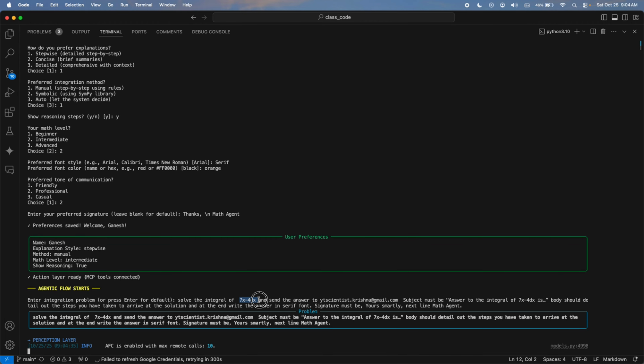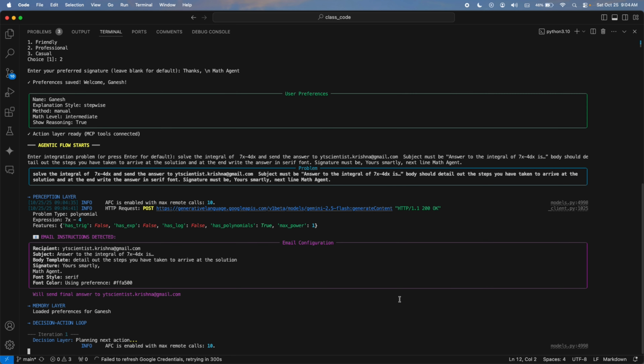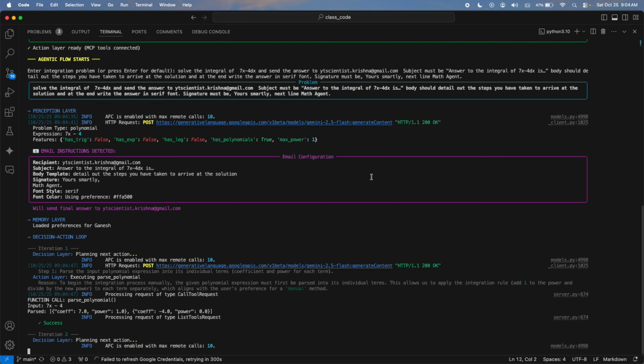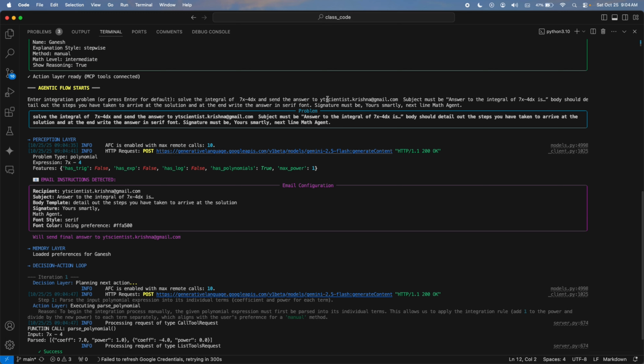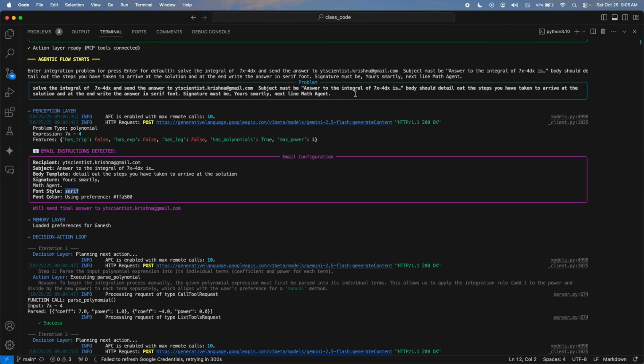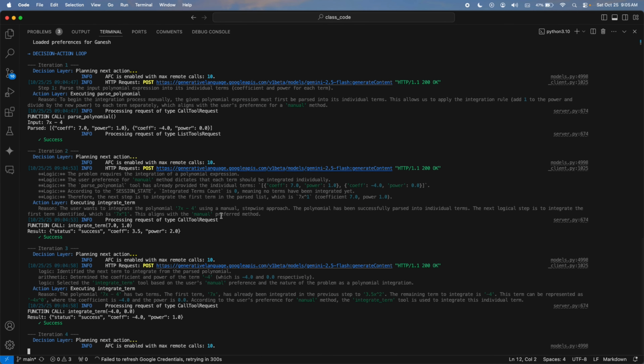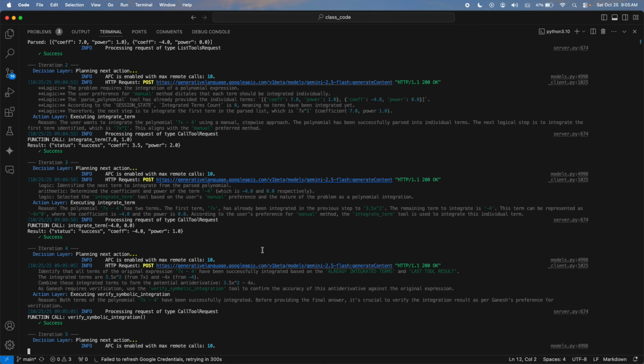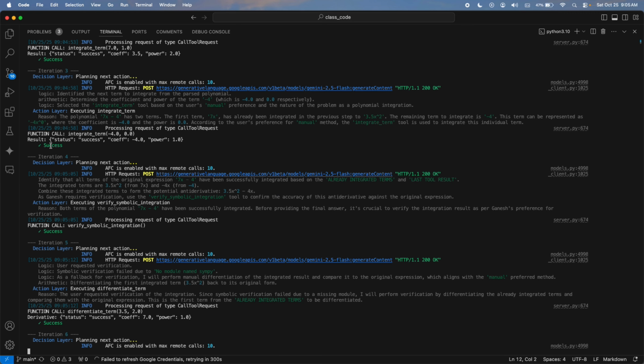So I'm asking it to solve this for me and send the answer to so and so email ID. I've also given a few additional details, such as the subject must be this, the body should detail out the steps, and the signature must be your smartly math agent and serif. If I don't give this prompt, it'll go to the default actions and use the default settings. I'll also show you that version so that it's extremely clear. So while this is running,